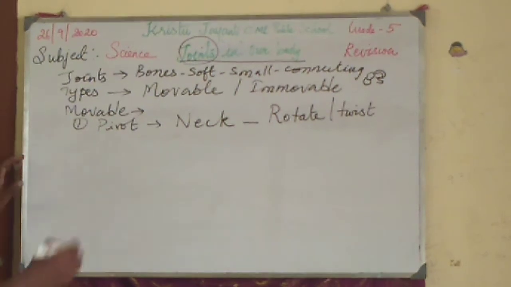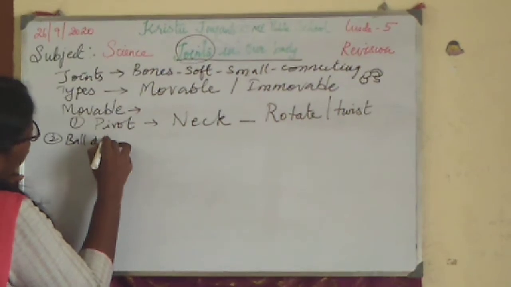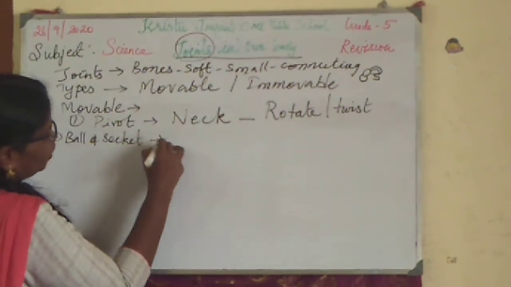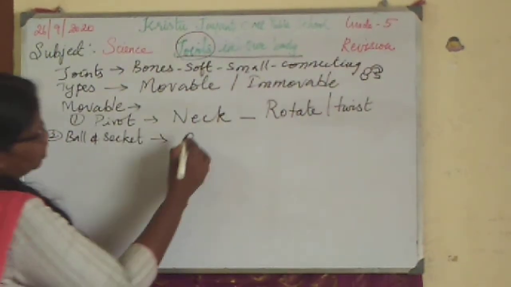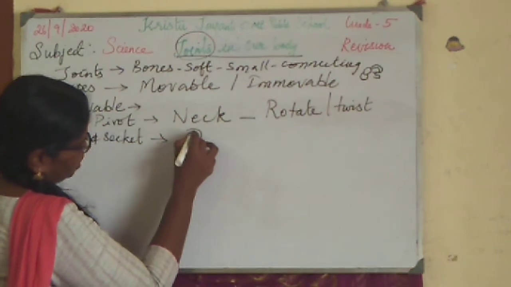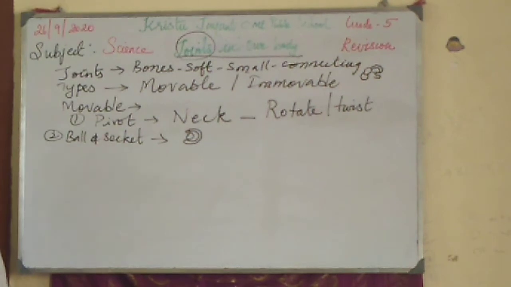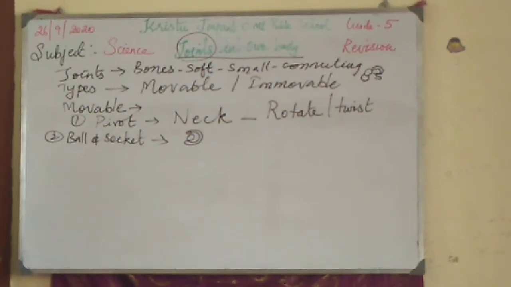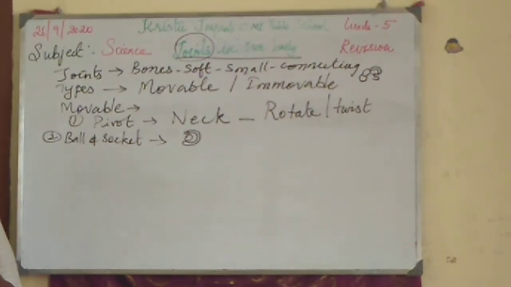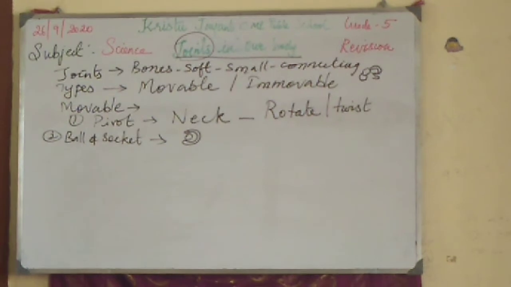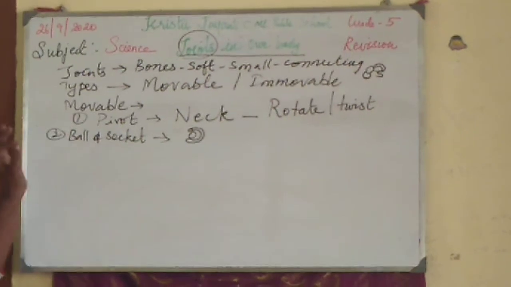Then we have another type called ball and socket. What did I explain about ball and socket? Ball means a ball-like structure. Socket means a bag-like structure which covers. So ball bag is, you just imagine a water bottle and the lid covering it, or any type of bottle with the lid covering it. So how the covering of the mouth, how the opening is there, exactly to fit into that there will be a covering. Okay, because of that we are calling it as ball and socket type of joint.